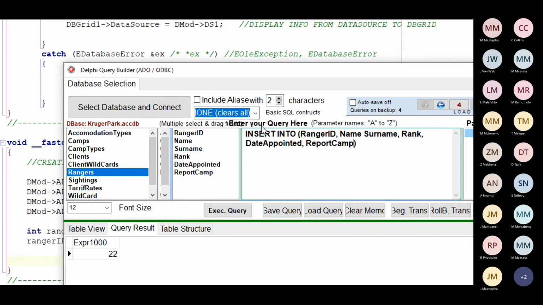So let's see, insert into what? Into a table called rangers, and then these are the columns which we are going to insert values in. And then we can come and say the values are,